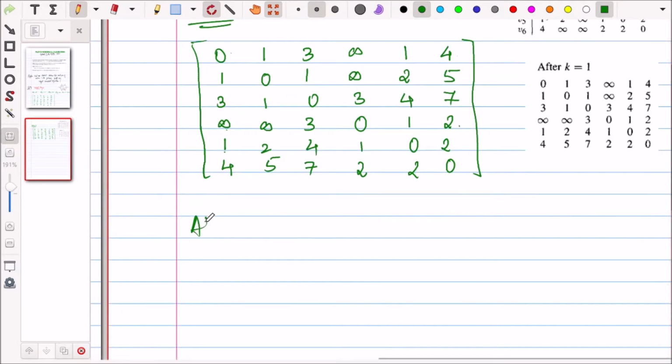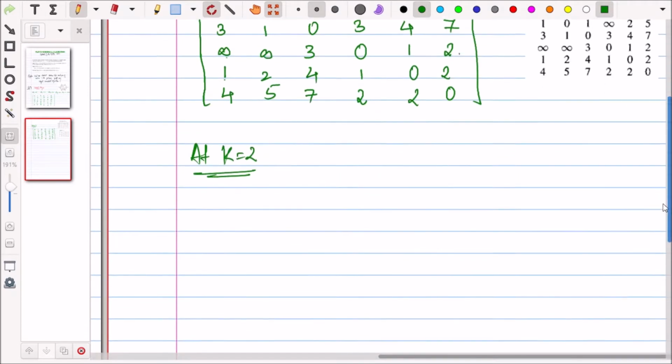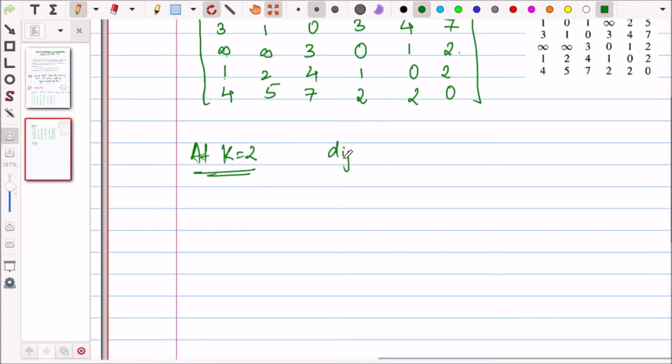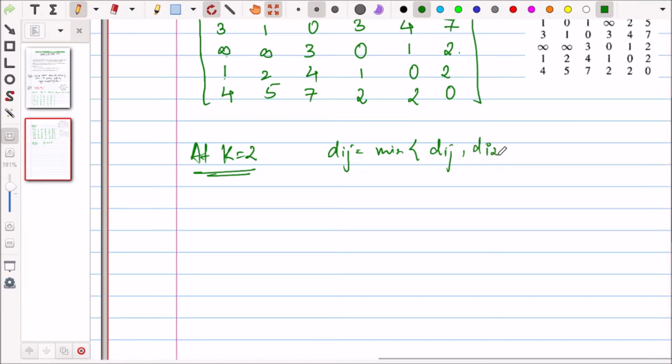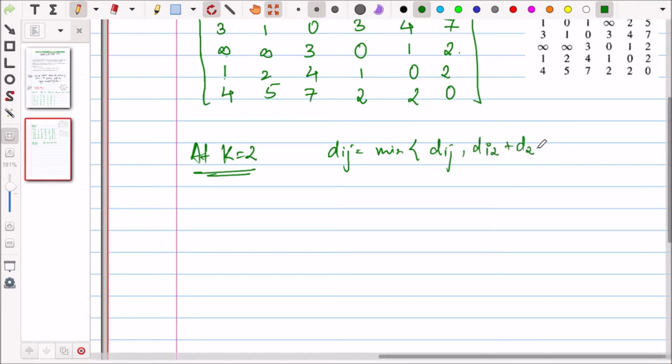Now let us take k equal to 2, at k equal to 2. ठीक है, so our dij will basically be equal to minimum of dij and di2 plus d2j. ठीक है,